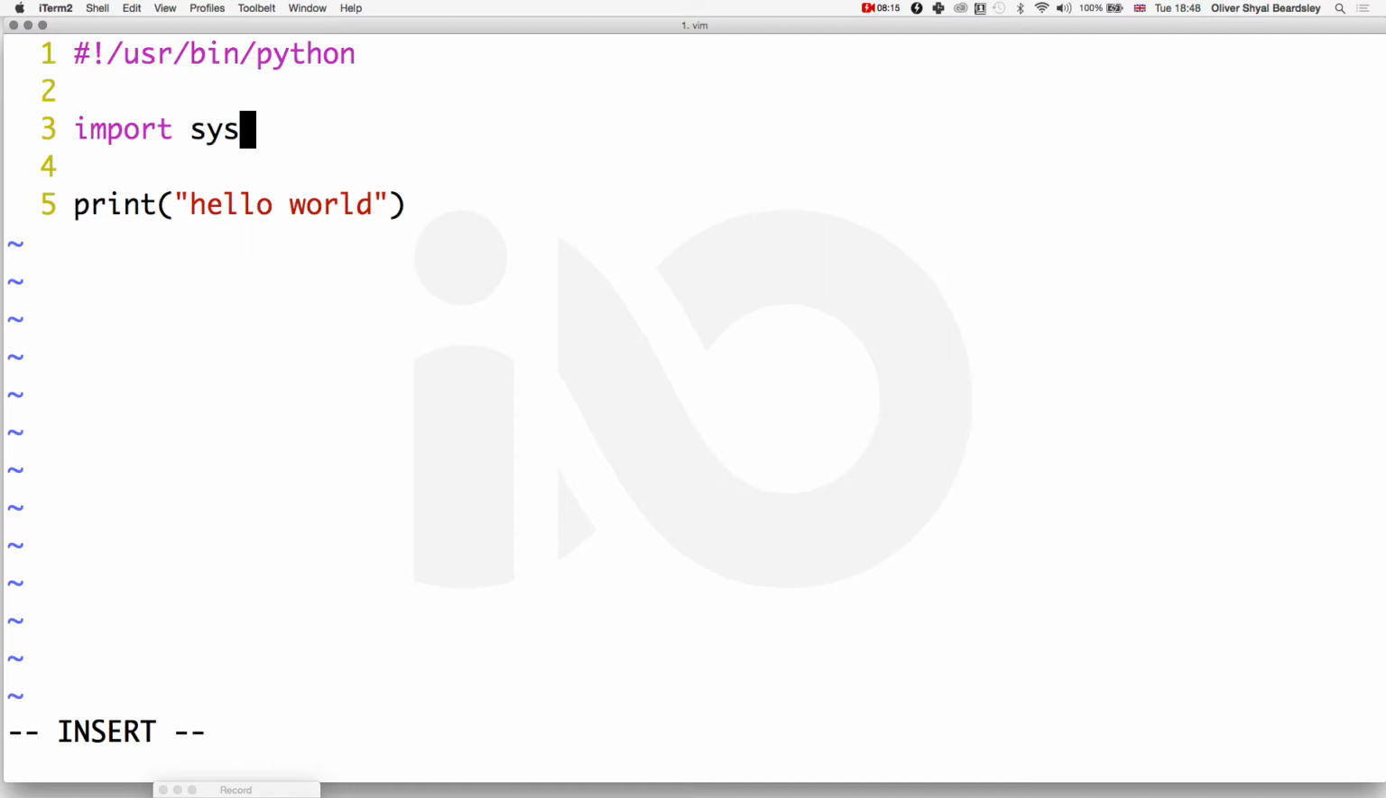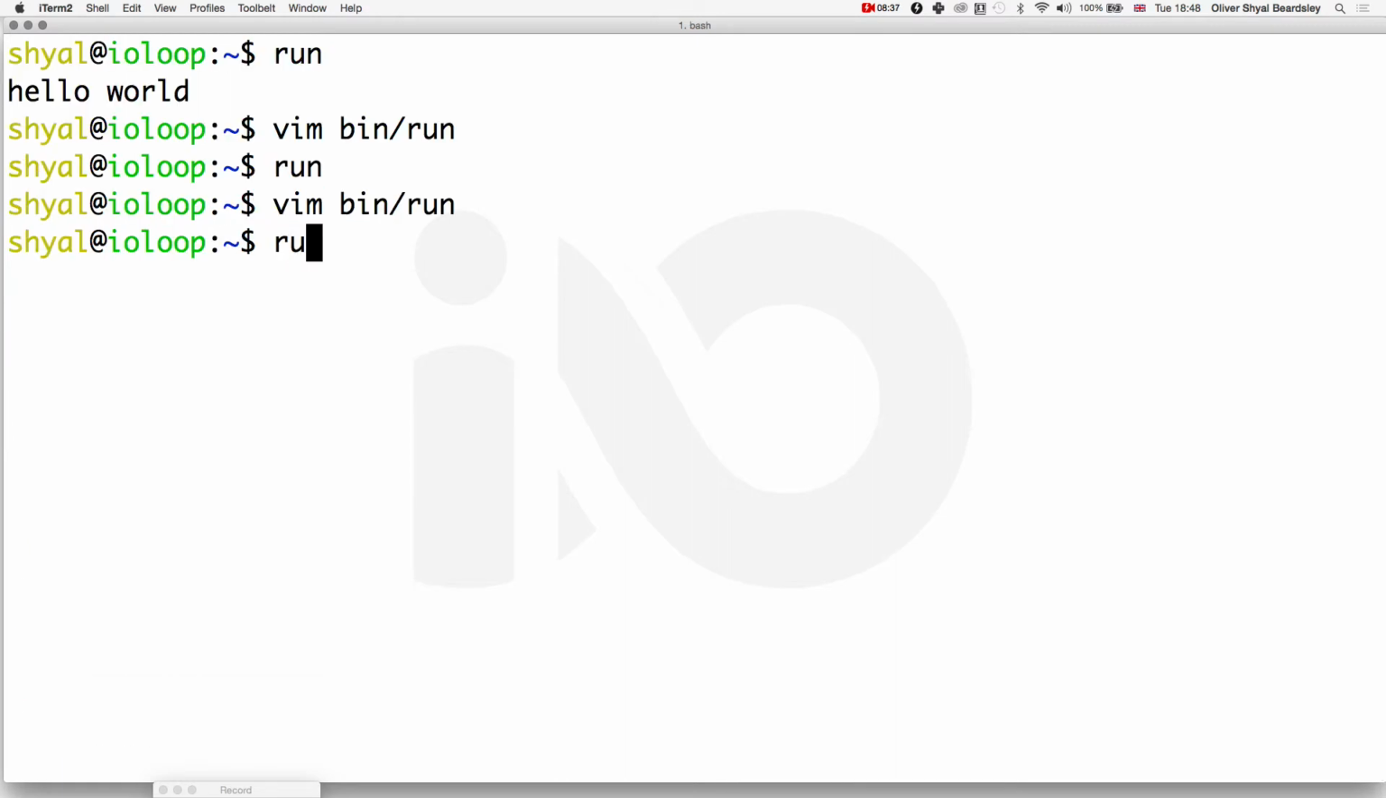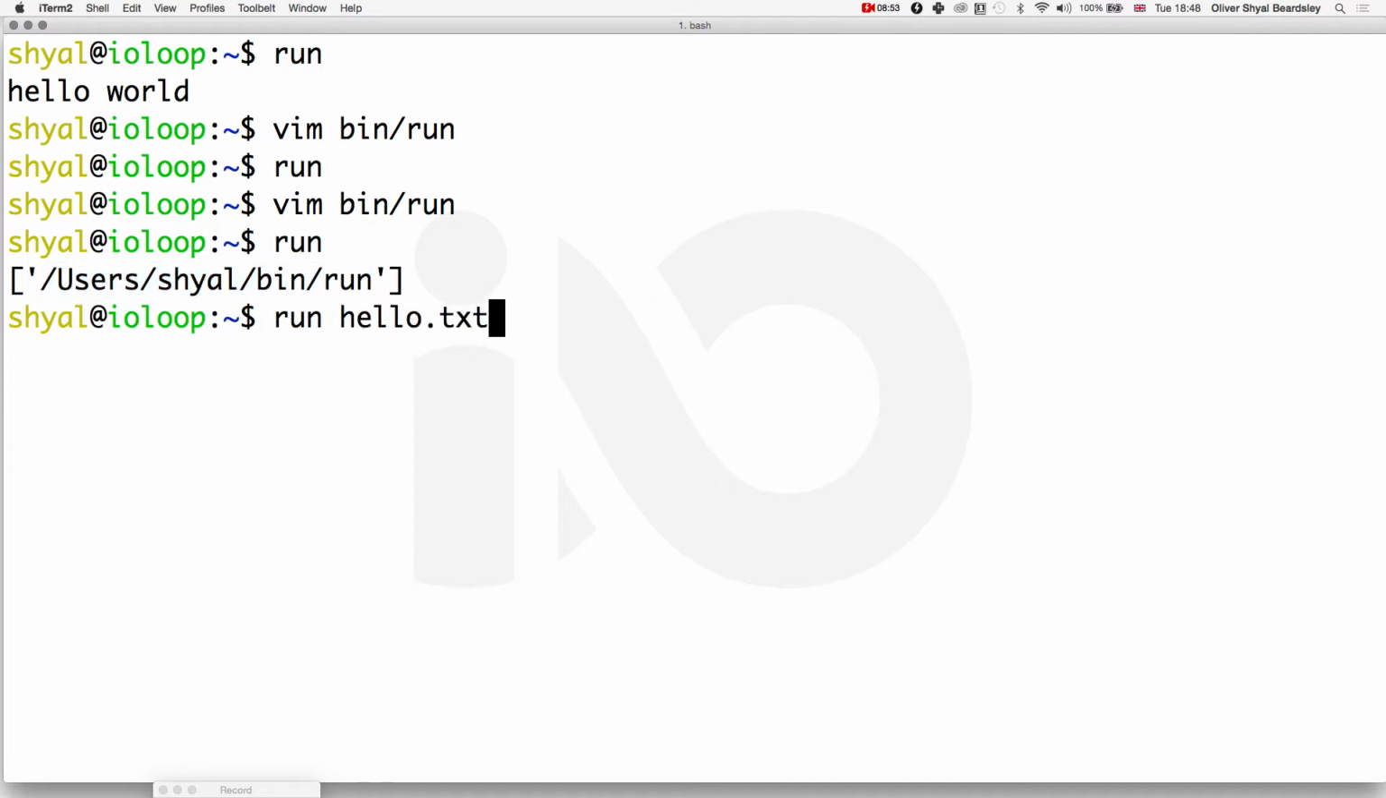Python comes along with a whole bunch of default modules which perform a whole different bunch of things, and that's called the standard library. And one of them is called sys. If I print sys.argv, I now see a list, and the first element in that list is basically the path of the script itself. And if I call run with something like hello.txt, for example,